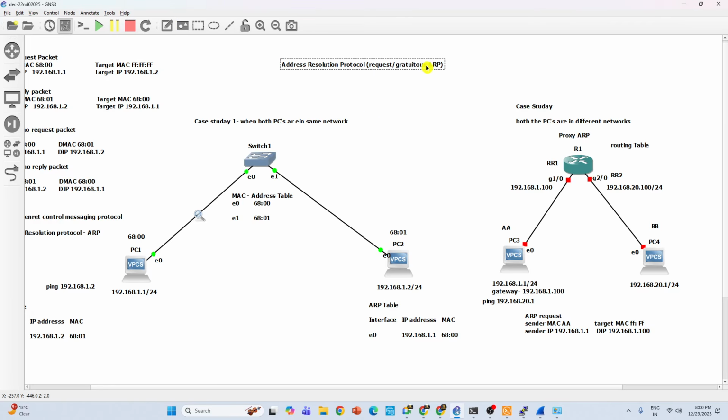Gratuitous ARP, what will it do? It will identify duplicates in the addresses in your network. So how many ARPs have you learned now? Normal ARP, proxy ARP,